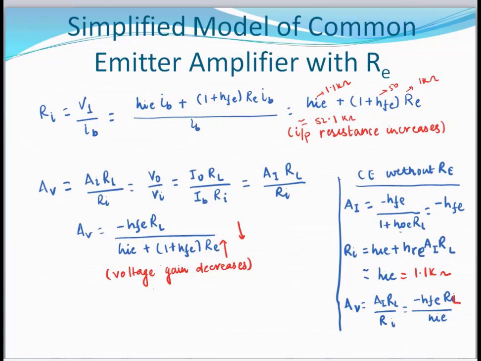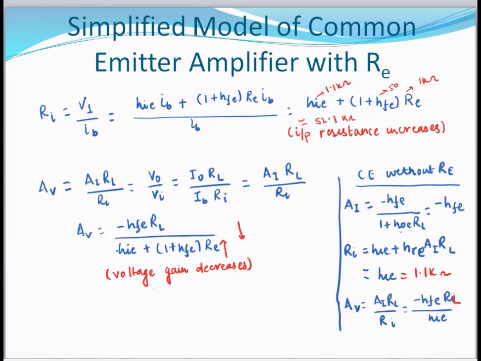When we study the feedback amplifier, we will get to know how the stability of the circuit increases, because the input resistance increases and the gain decreases, since the gain is stabilized. So that's why the stability increases. Further, if we want to analyze the voltage gain, we can write it here that